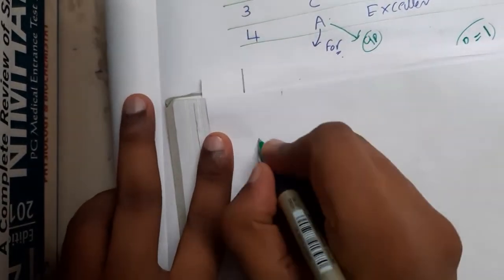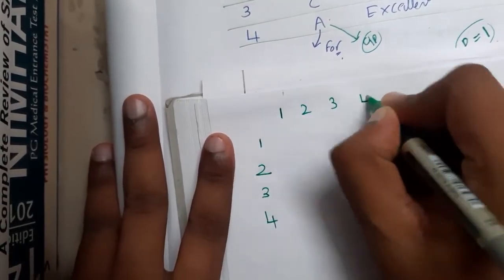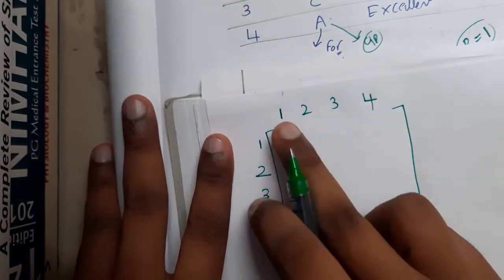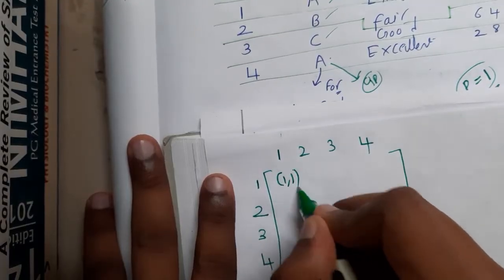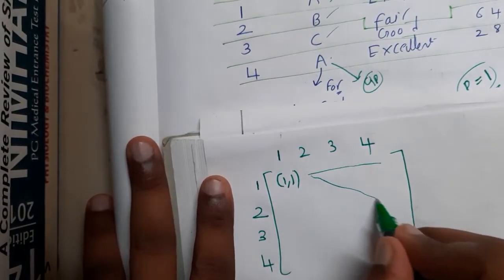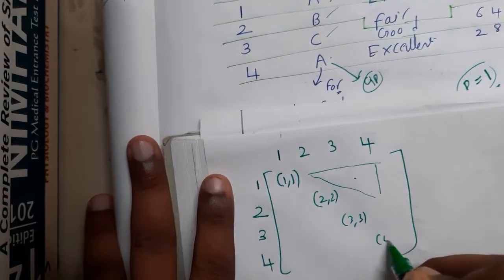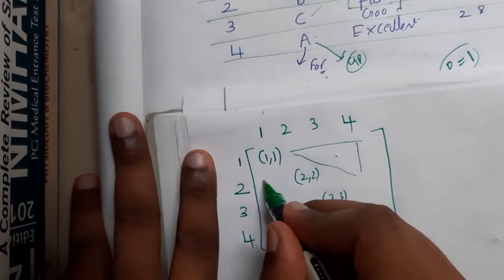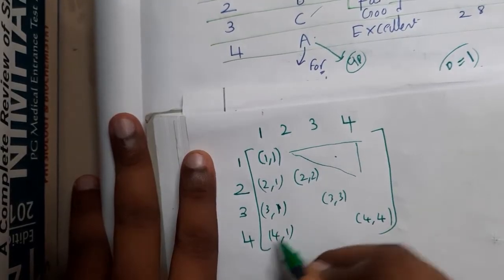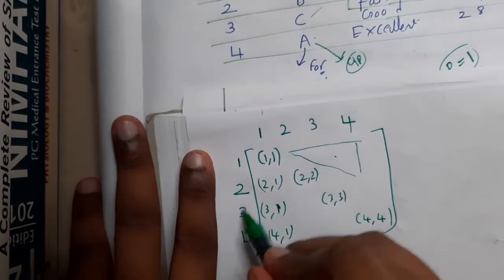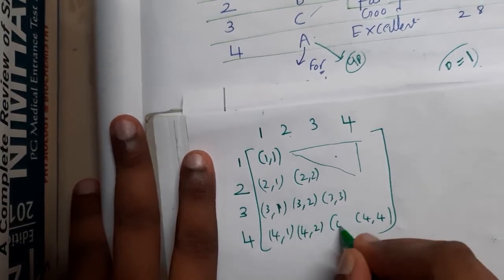Now let us start drawing the dissimilarity matrix. Guys, it is your wish how you draw it, but I always think this method is better. Write the values 1, 2, 3, 4, and 1, 2, 3, 4, which are basically your object IDs, and now start making their pairs: 1,1. Always avoid the upper triangle, because we don't need to calculate it. So 2,2; 3,3; 4,4. Similarly continuing, 2,1; 3,1; 4,1. I'm just writing the pairs for each point. 3,2 is this point, 4,2 is this point, and 4,3 is this point, right?